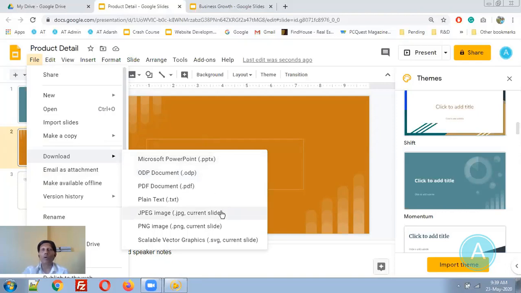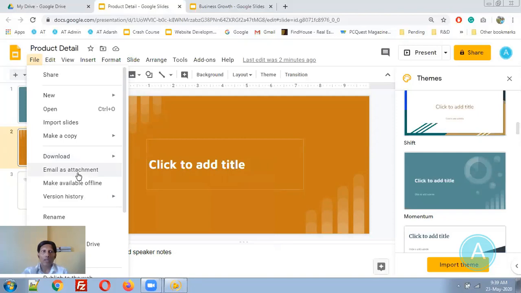Sometimes you like to convert these things into the image format. It is useful whenever you are using a projector. Suppose the projector does not have a computer, so you can convert the slides into PNG images. You can put all these PNG images into one particular folder on a pen drive. That pen drive you can plug into the projector, and through the projector remote you can directly go to the next slide. So this JPEG and PNG format is useful at that time.